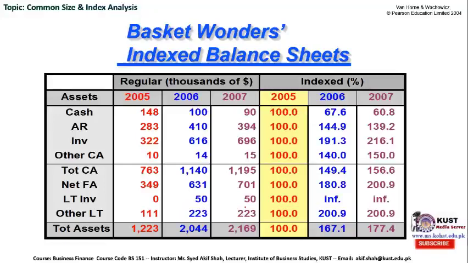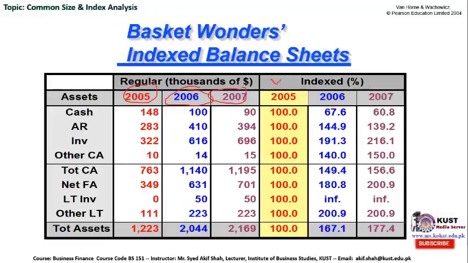Once again, the data related to the index analysis is the same as what we have discussed in common size analysis. We have once again data of the Basket Wonder for year 2005, year 2006 and year 2007. This is the data initially provided to you. The first 3 columns are the data available in a question or in a particular financial case, and this question expects you to make the index analysis of the balance sheet by considering 2005 as your base